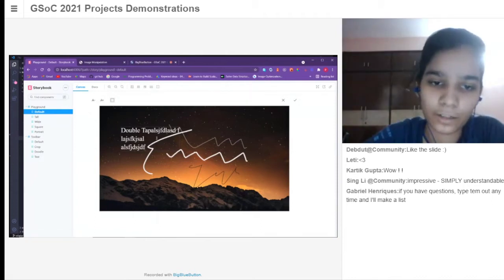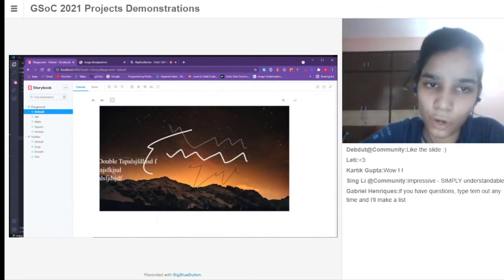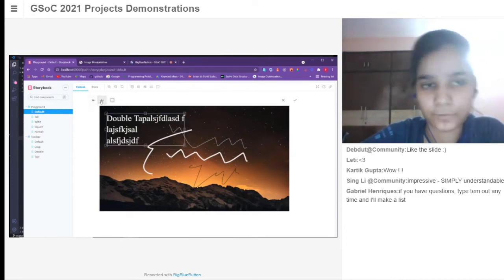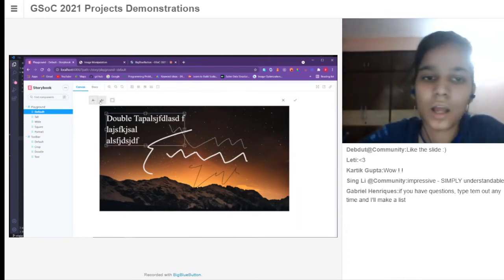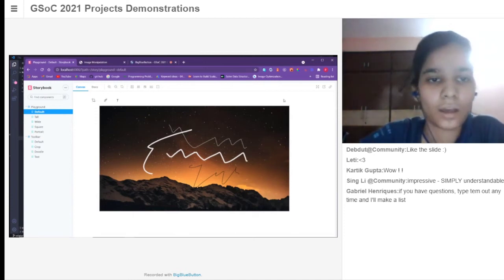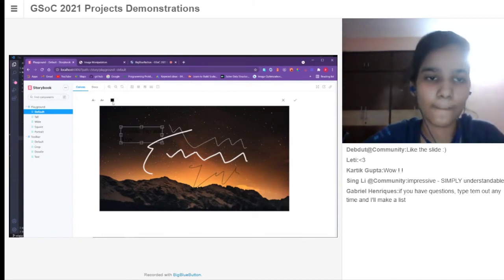Then we can tap out and change the position over the image. It won't go out, if you're wondering that. We also have font size changing. Then again, we have cross and check functionality. For the sake of using cross once, let's cross it. If you want to check out the check as well, let's do that as well.